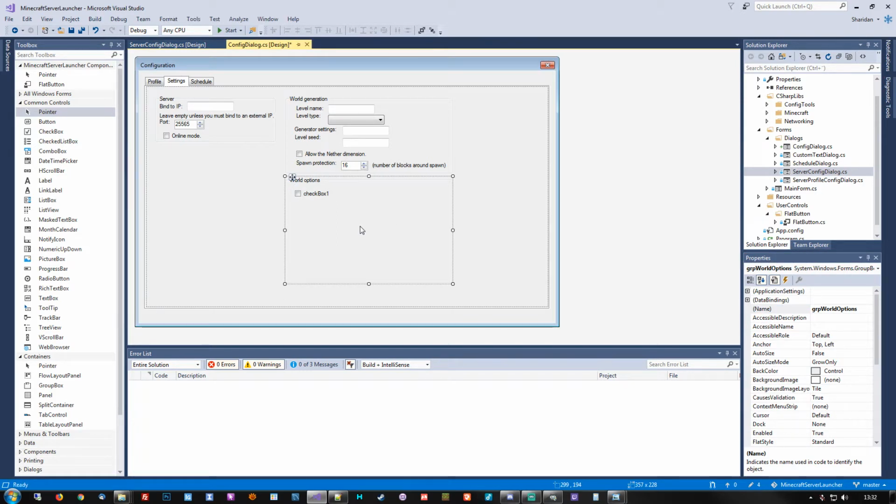That's kind of why I've chosen to use these group boxes, because it does contain parts of the overall configuration a little nicer. Plus, it lets us, well, in one line of code,